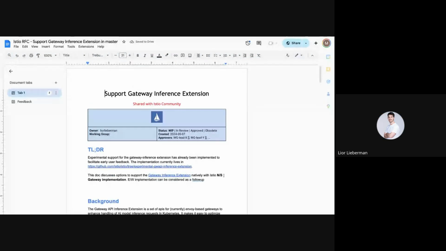Hey, yeah. We have talked about it, lots of folks have provided very good feedback last week, but then I opened a thread on Slack just to summarize next steps. I'm going to remind one thing: last meeting we said maybe we want to support this on destination rule. And this means that no matter how the request got to the service, it will get the LoRA aware inference optimization routing. Some of the challenges that were raised after this are